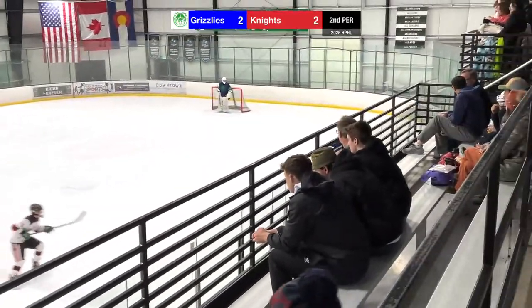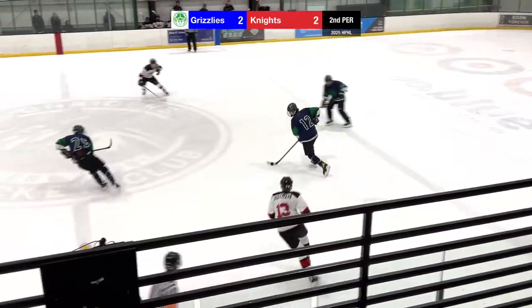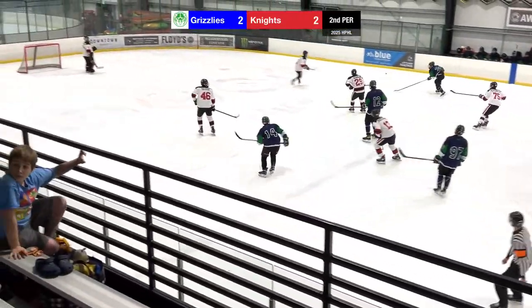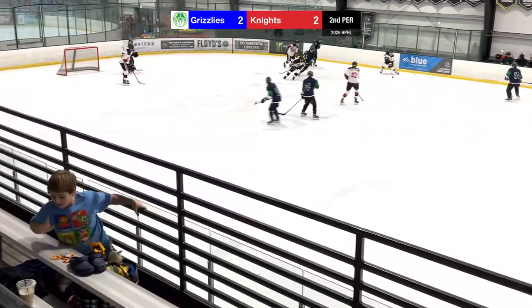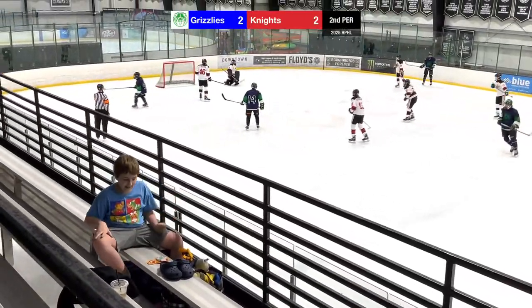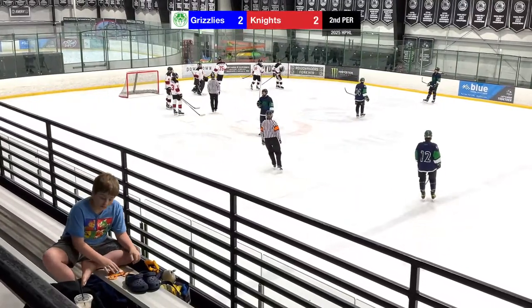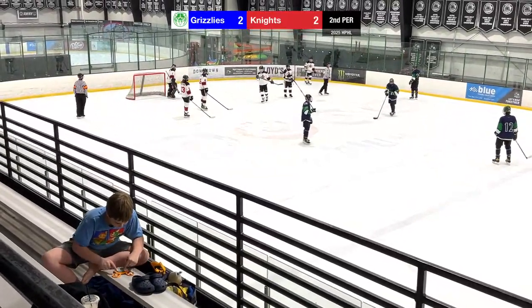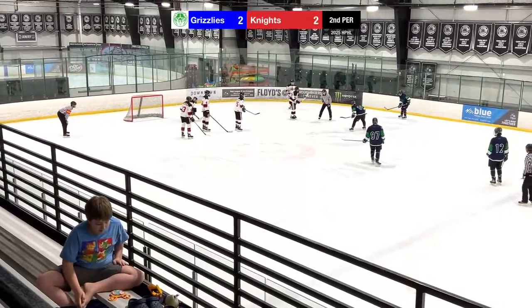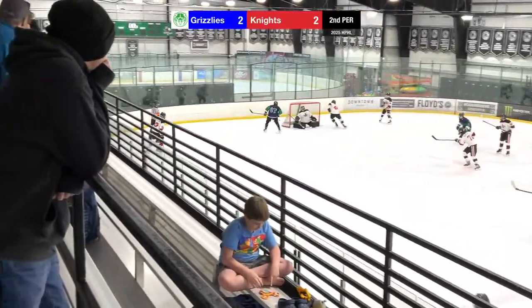Face off. Into the Grizzly zone. Brandenburg back. Brandenburg gets that up to the neutral zone. Brandenburg here. Brandenburg tried to sweep that over Perez. Didn't make it. Perez interrupts that clearing pass. Brandenburg with a big hit there. Hogan shot into the glove. Back to work here. Ian. Face off. There we go.